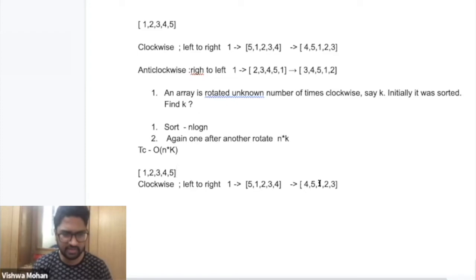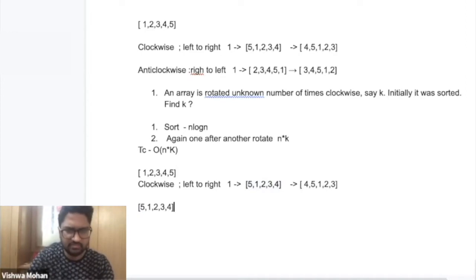So if we take it in reverse order, if I know the assumption that initially the array was sorted and it has been rotated clockwise, and I figure out the index of the smallest element, I can say that many times the array has been rotated. For example, in this case the index of 1 is 1, so I can say it has been rotated one time.